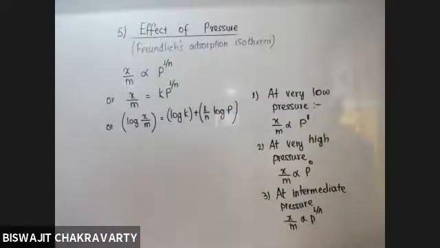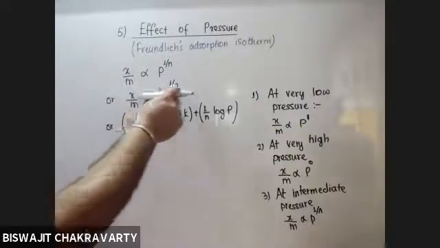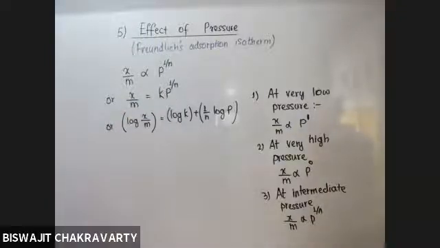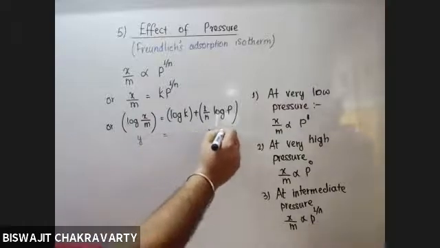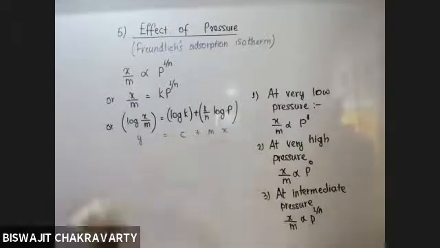Yes. So log application makes the multiplication into addition. And accordingly, if I put log on each and every individual component, we get this. Now this equation is equal to y equals mx plus c,